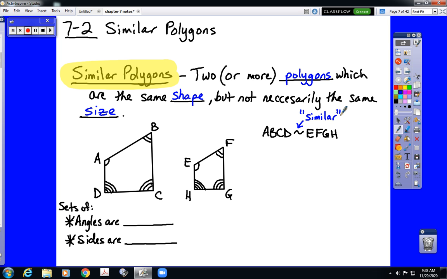Anytime we see a similarity statement, what that tells us is that the sets of angles that correspond are congruent to each other. But the side lengths are no longer congruent. Instead, they are proportional. So, what does that mean? Well, what that means is that this similarity statement tells us